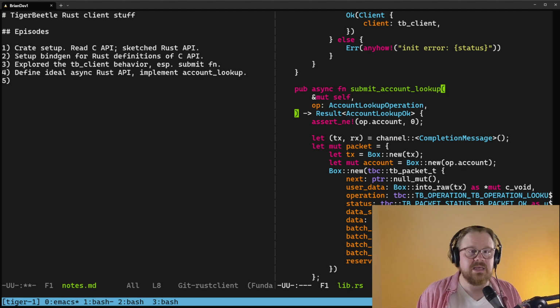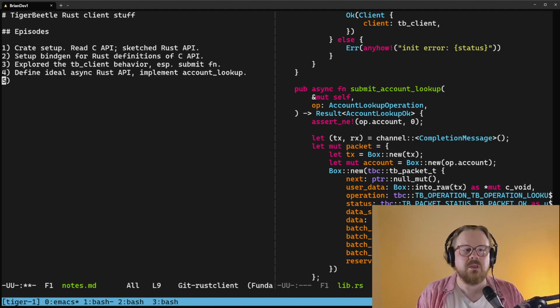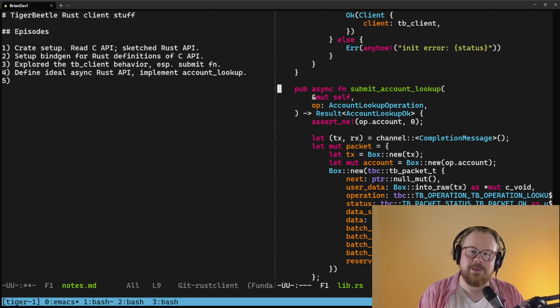We made a lot of progress last time. And this time, the thing I want to do: we didn't finish implementing account lookup last time. In fact, we didn't run any code at all last time. I mentioned this several times on the previous stream, like, well, we haven't run any code yet. We've just run the type checker, which is common in Rust. But we didn't run anything last time, and we didn't actually get far enough to